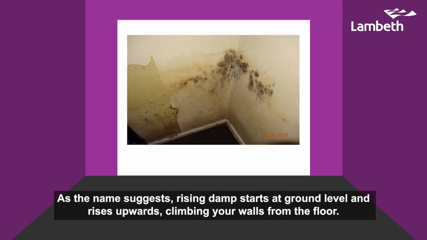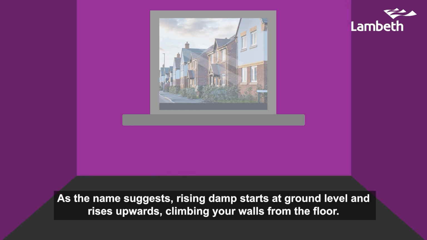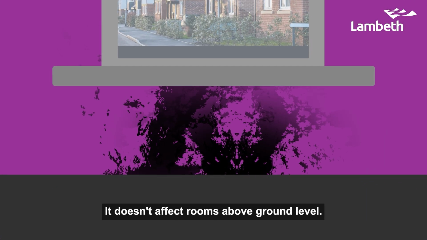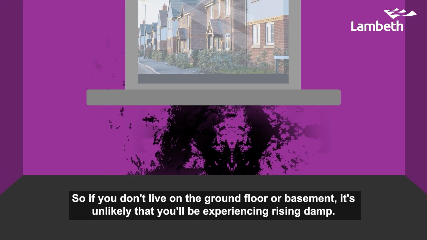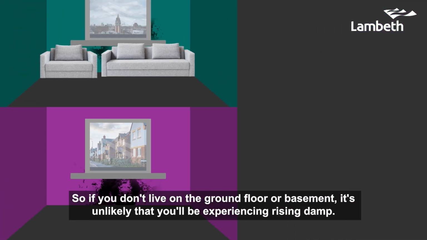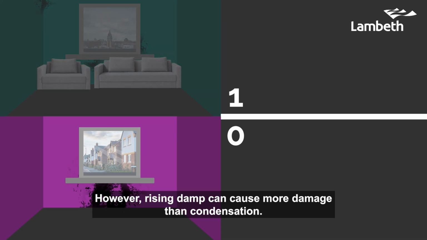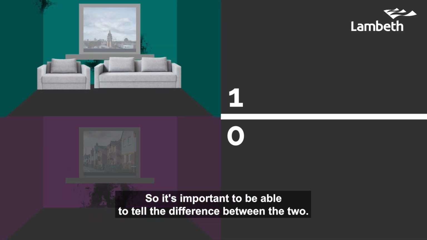a very different cause. As the name suggests, rising damp starts at ground level and rises upwards, climbing your walls from the floor. It doesn't affect rooms above ground level, so if you don't live on the ground floor or basement, it's unlikely that you'll be experiencing rising damp. However, rising damp can cause more damage than condensation, so it's important to be able to tell the difference between